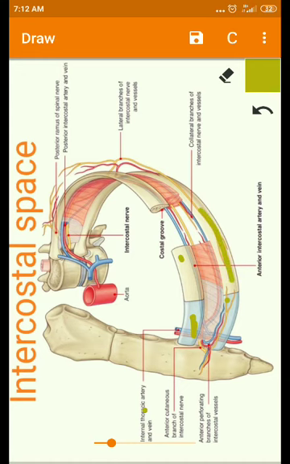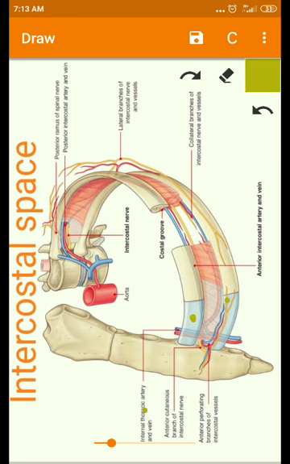So there are 9 intercostal spaces anteriorly. This is the anterior view. We have the first rib, second, third, fourth, fifth, sixth, seventh, eighth and ninth. Anteriorly we have 9 intercostal spaces, because the 11th and 12th ribs are floating and open in front. We have 12 pairs of ribs, but anteriorly only 9 intercostal spaces. The 11th and 12th ribs are floating, open on the anterior side.